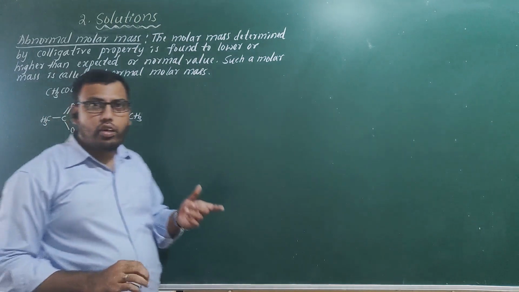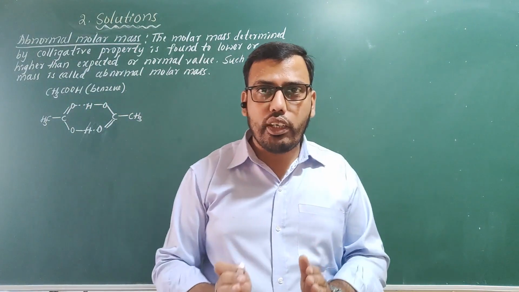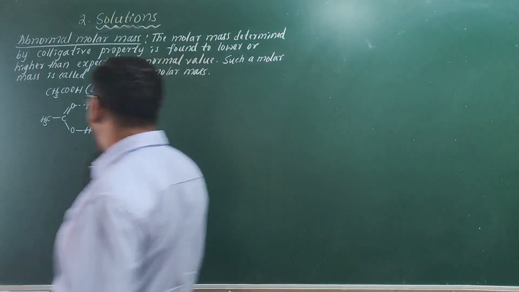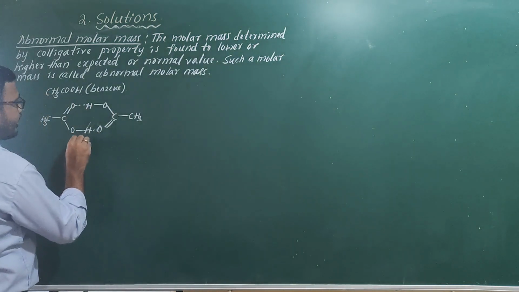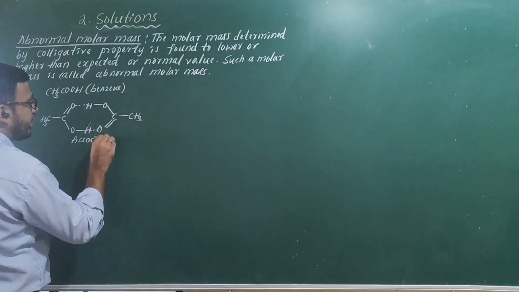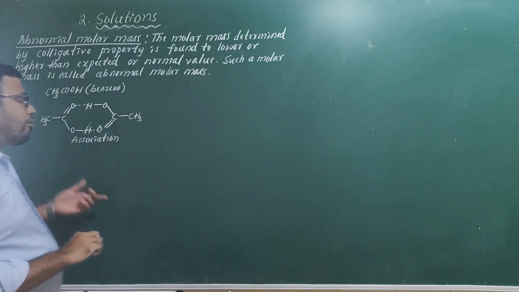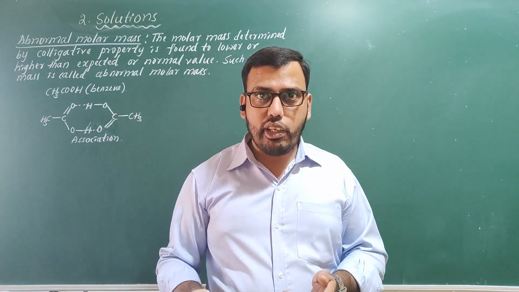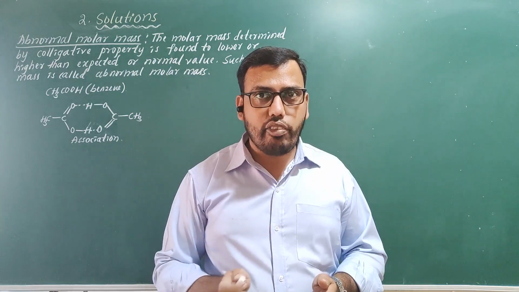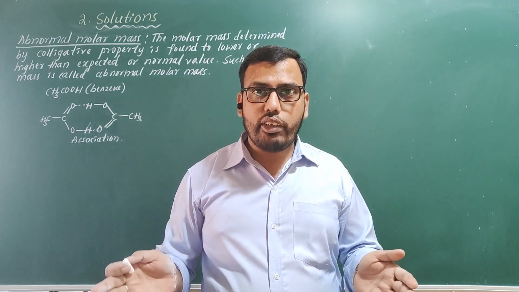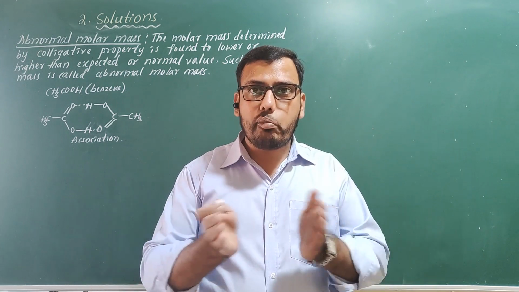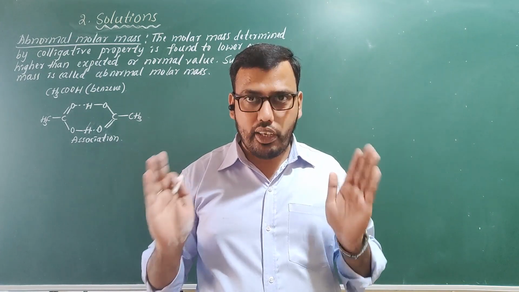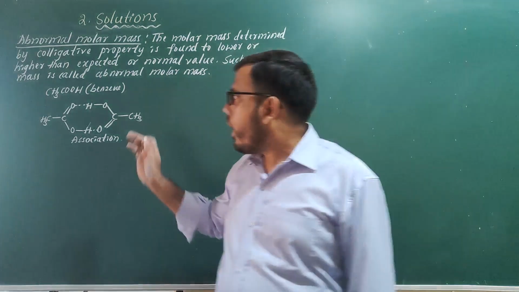Okay, so here what happens? Two molecules become one when they are dissolved in solution. So they are combining, they are associating. So ethanoic acid undergoes association. As a result, the molar mass we obtain will be lesser than its expected value, because the majority of the molecules, two molecules, become one. This process is called dimerization. It is a dimer. So two molecules become one because of hydrogen bonding.